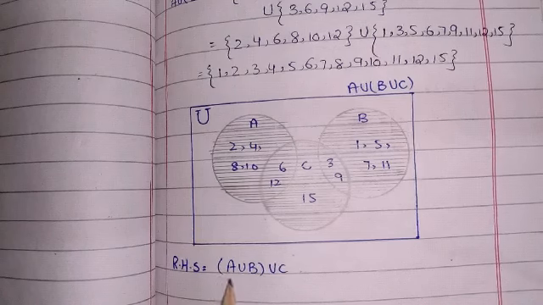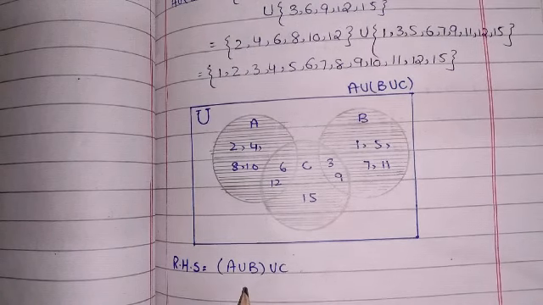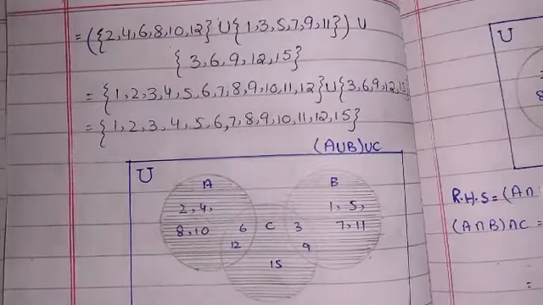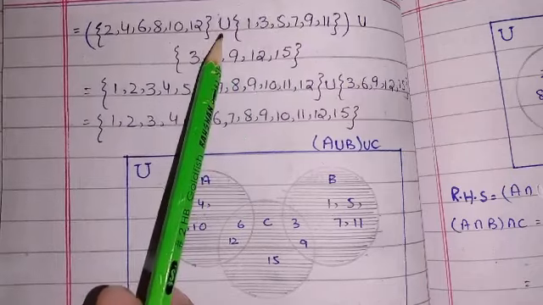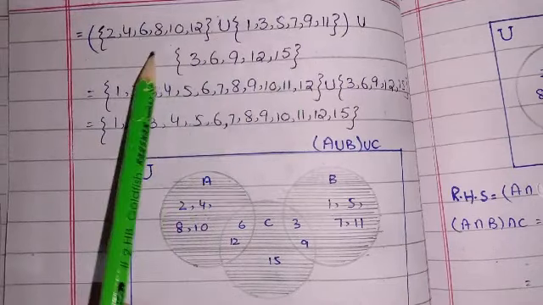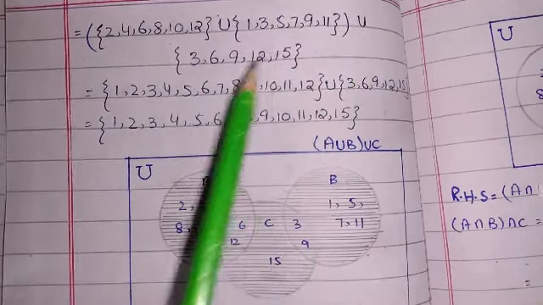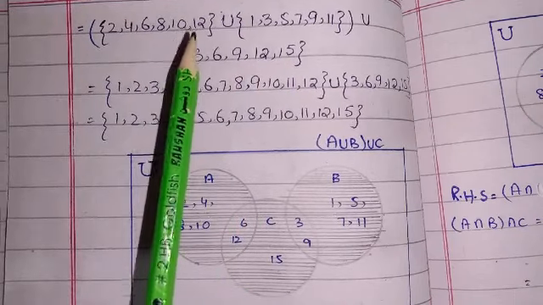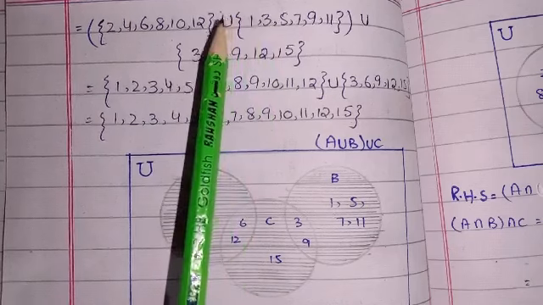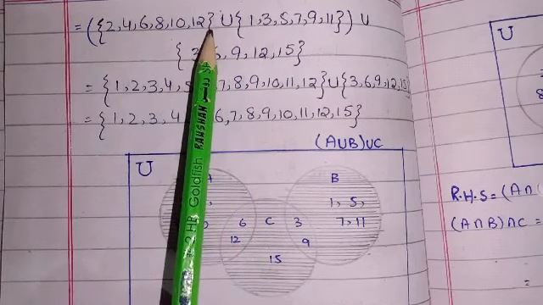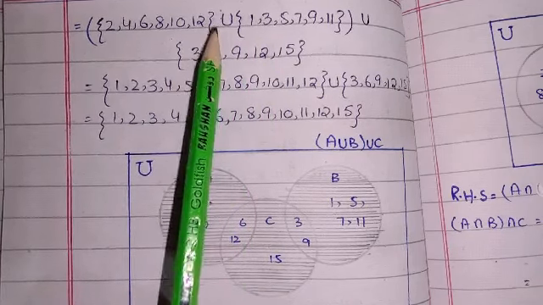First we will find the union of A and B, and then we will take a union of the resultant set and C. Now students, first we will write our A set, then our B set with the union sign within brackets, then the union sign and our C set. We will first take the union and combine all the elements of set A and set B, but remember that elements which are repeating must be written once.